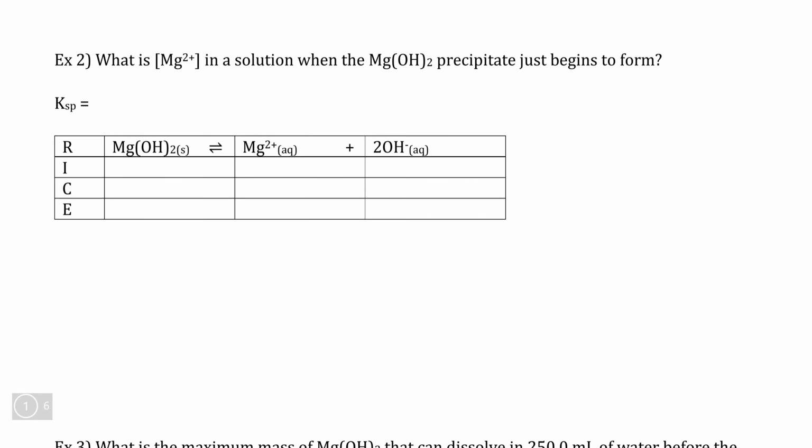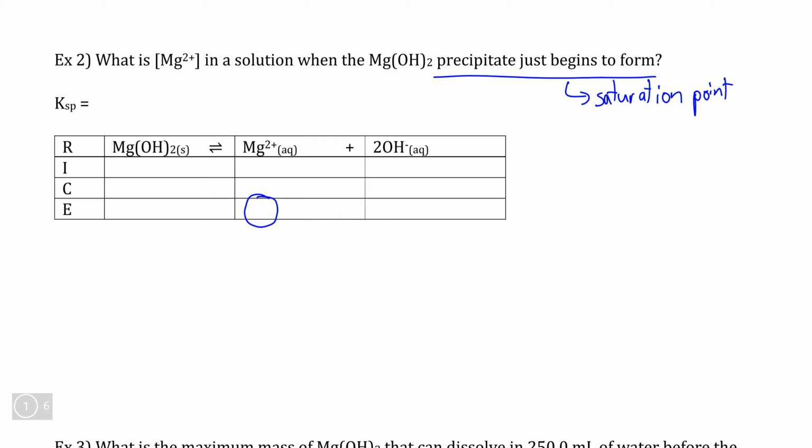So if we take a look at example 2, this actually looks on the surface fairly similar to a molar solubility calculation, and it actually is. So in this case, we're not calculating for KSP, but we're calculating what the equilibrium concentration of one of our component ions is when a precipitate just begins to form, and this wording here is a tip-off that this is talking about the point where we hit the saturation point,